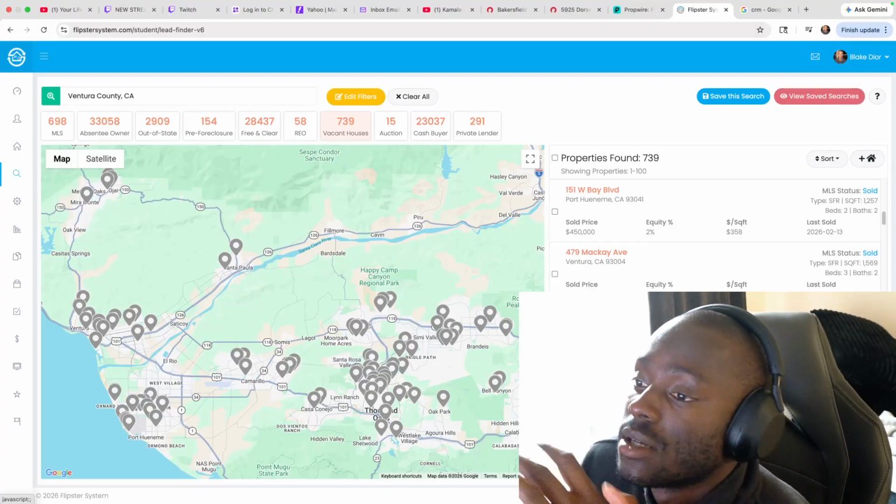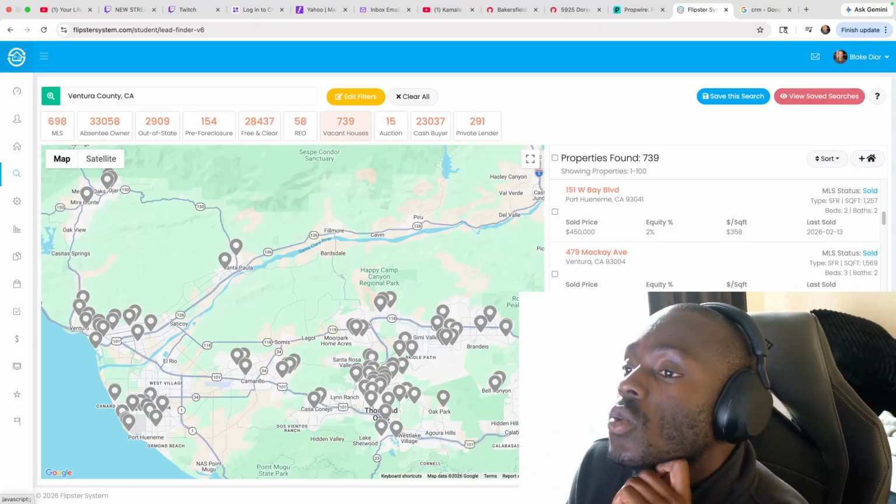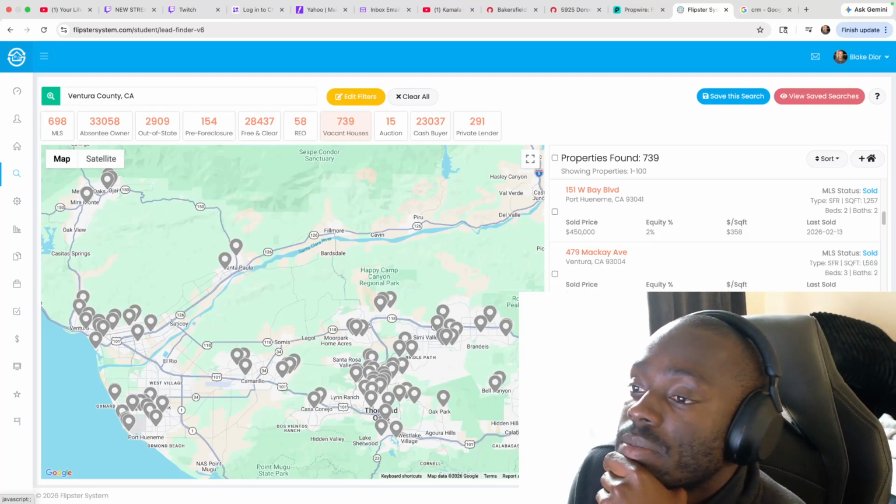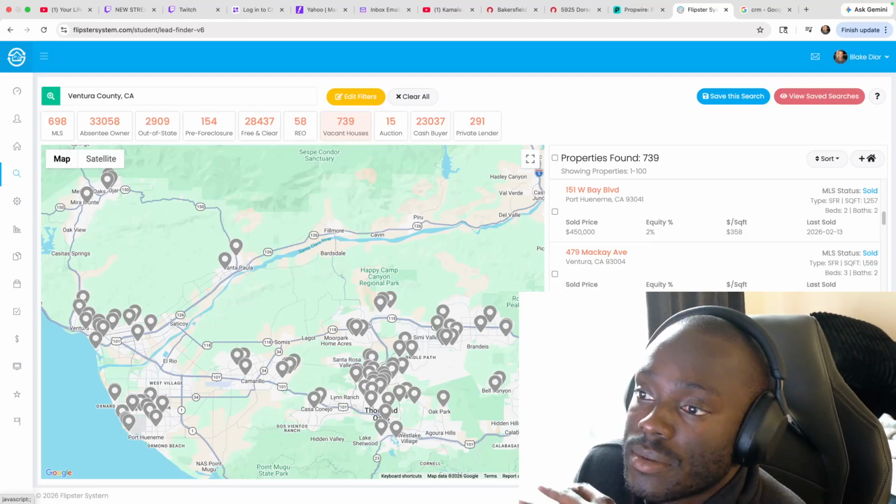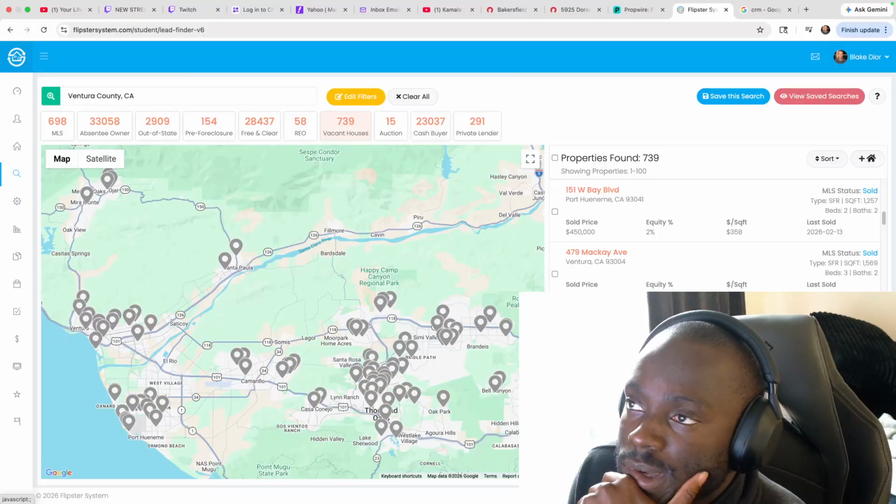That's just houses that belong to people that probably have no record, vacant homes.